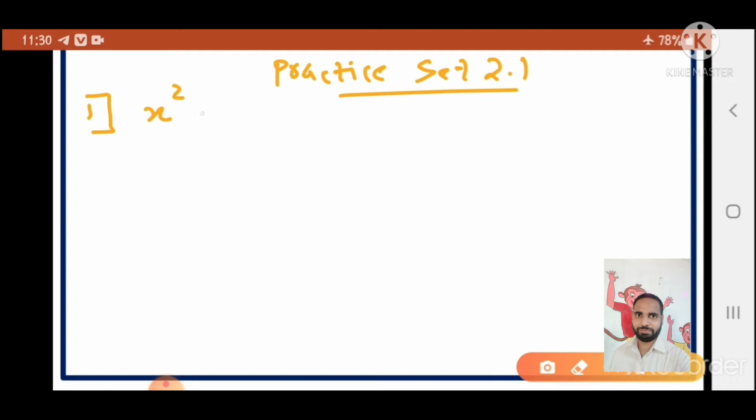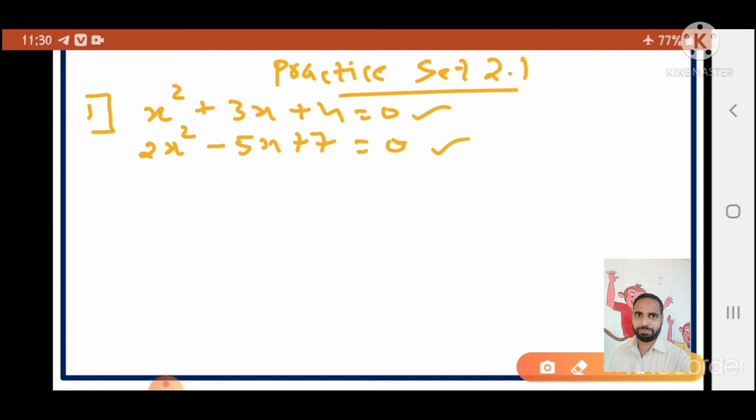So I can write one equation as x square plus 3x plus 4 equal to 0. This is one equation. Or I can write one more equation. They have told 2. So 2x square minus 5x plus 7 equal to 0. These are the two quadratic equations I have written. You can write any two quadratic equations. It is not compulsory that you have to write this only. You can write any two quadratic equations. Correct?